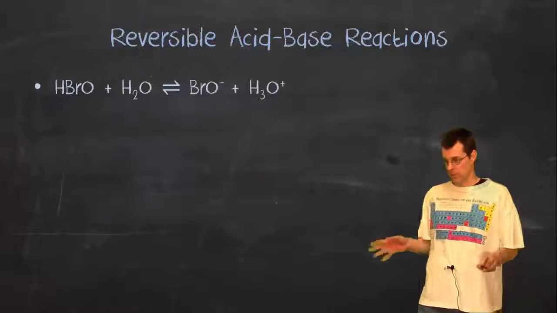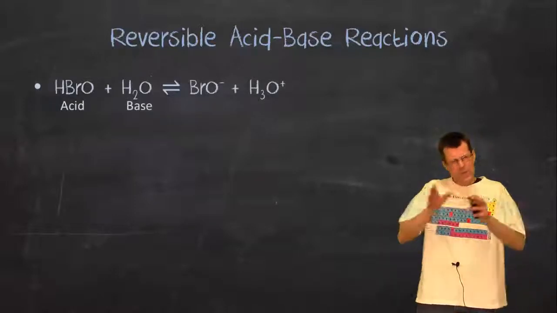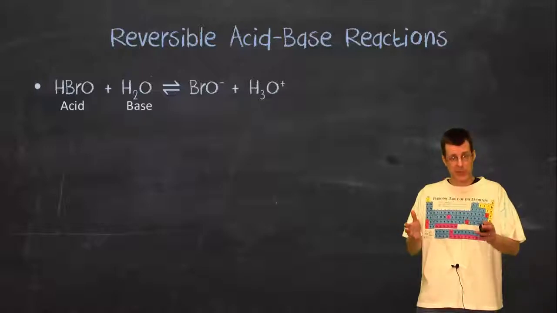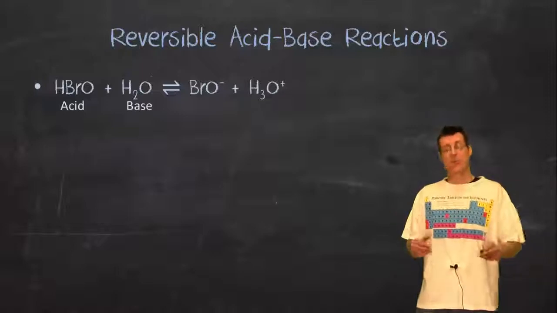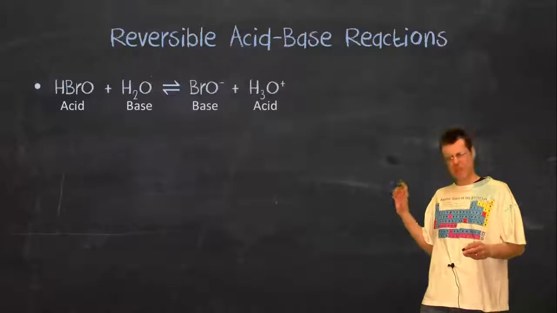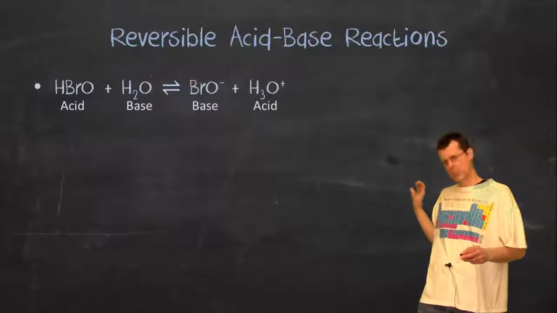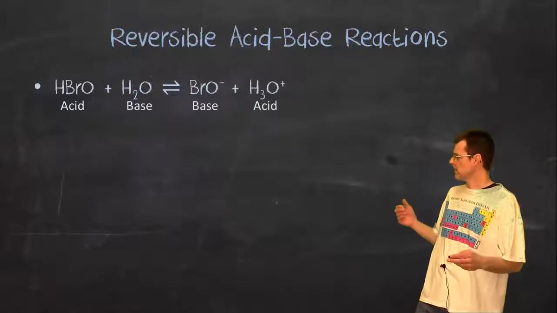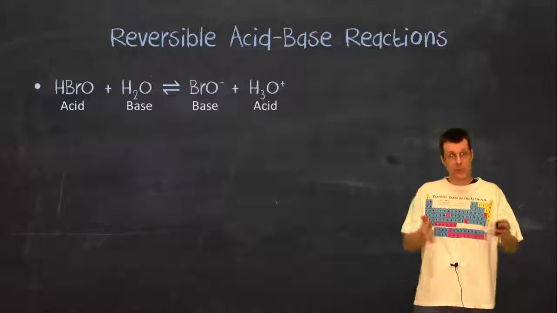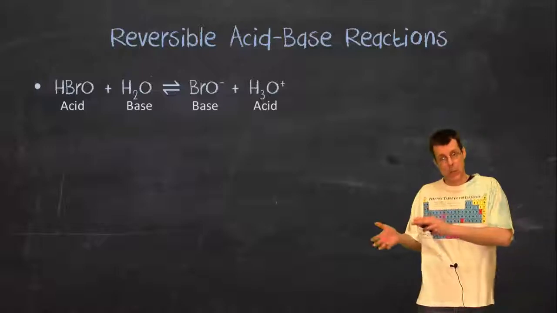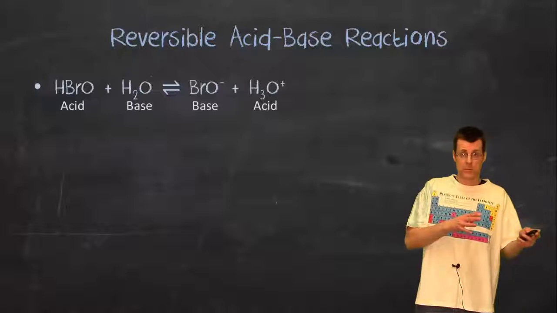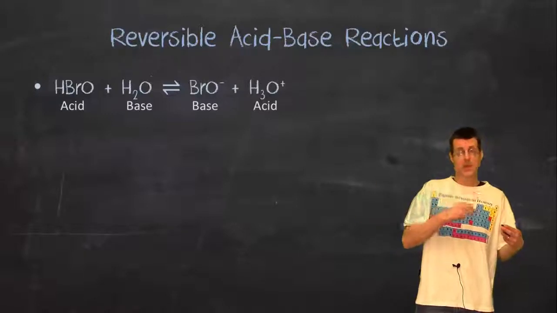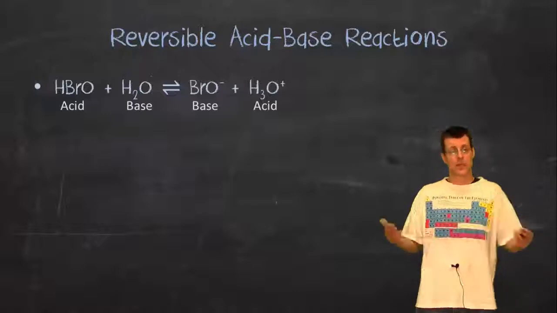If I take a look at this one, I identified earlier the acid and the base, and water in this case is behaving as the base because it is accepting the proton. But if I were to look at the other side, and I were to follow it from the products back to the reactants, then the BrO- is now going to become the proton acceptor, and the H3O+ is the proton donor. So if I look at that as going a forward direction, as written, or reverse direction, as written,